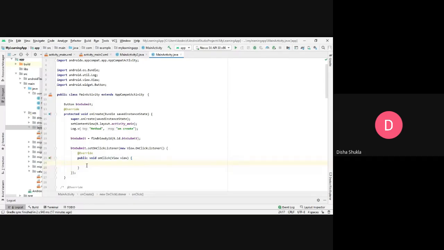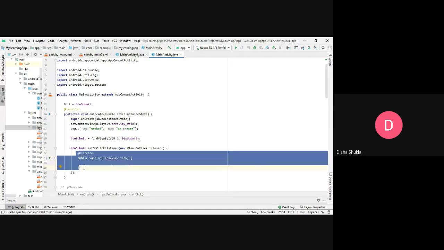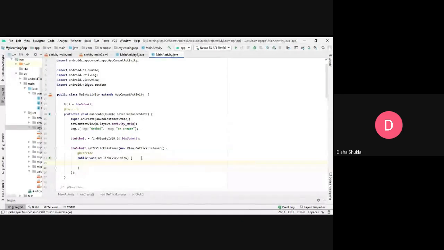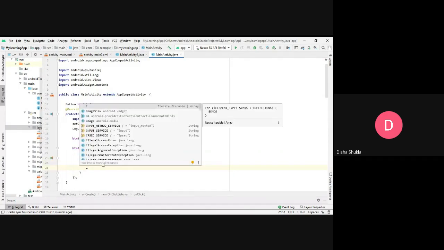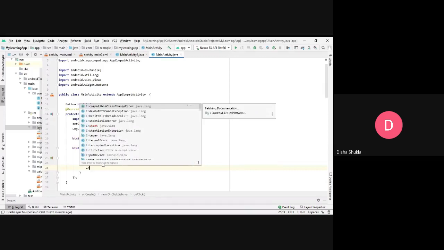Now I am going to create the intent, and I will be showing you how you go from one class to another. But where are you supposed to write the code for it? Inside the onClick method. This is the code that is auto generated, and I'll be writing the code inside the onClick method, between these two curly braces. So I'll go here and write the object. Again, Intent is a class, so I'll be writing the name of the class.